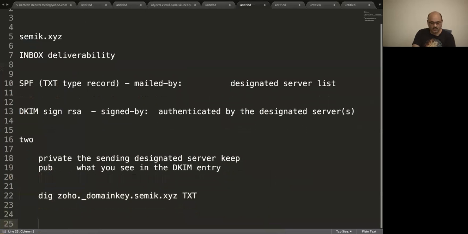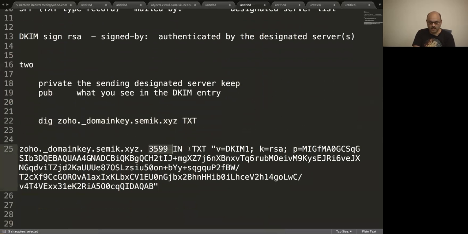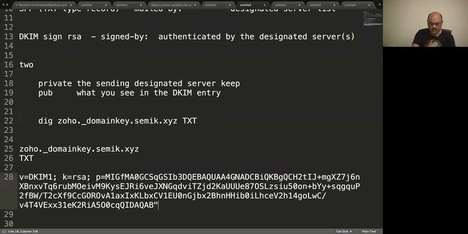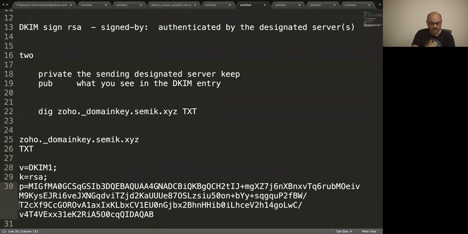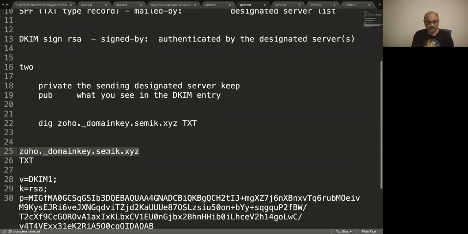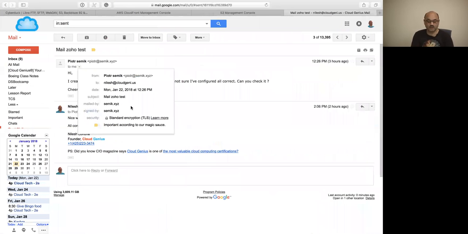Now if you compare line number 19 with what we see here, this is the key, which is a text record like that. It is identified by this signature, RSA public key. It begins with a v value, a k value, and a p value. The three values here together identify and define the corresponding DKIM record used by Piotr in this domain. And that is why the email sent by his company's domain is showing up as signed by. Now, these two,